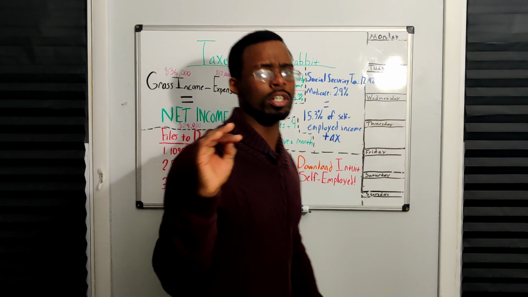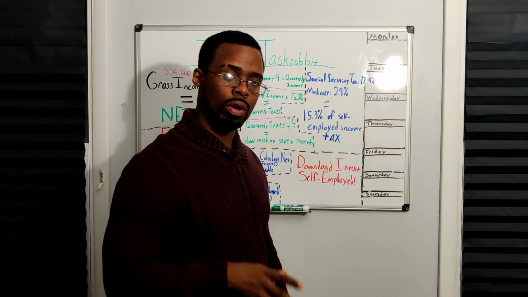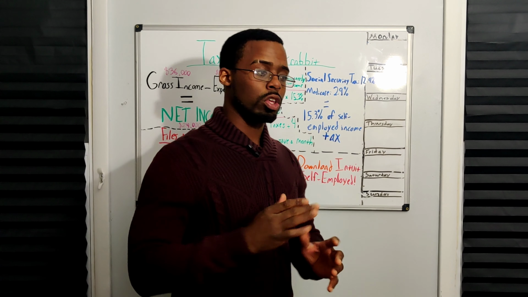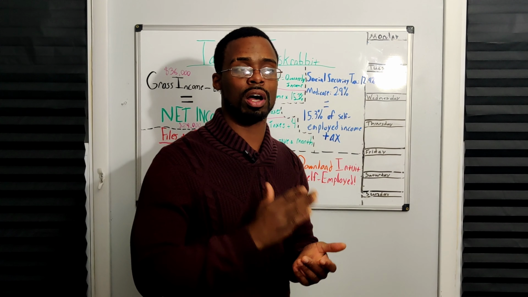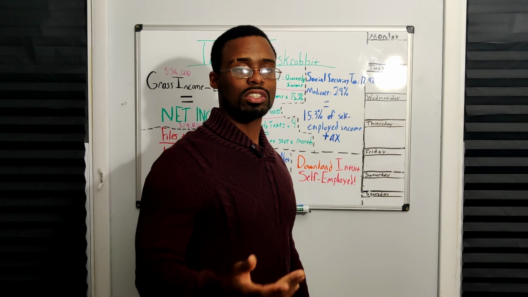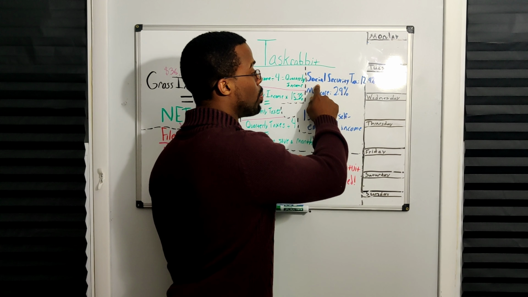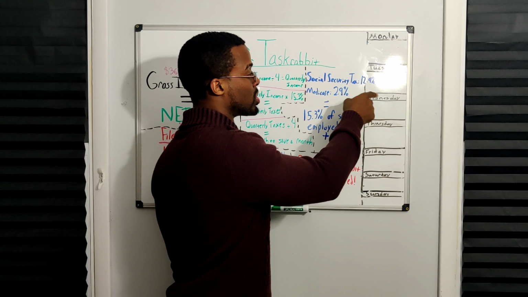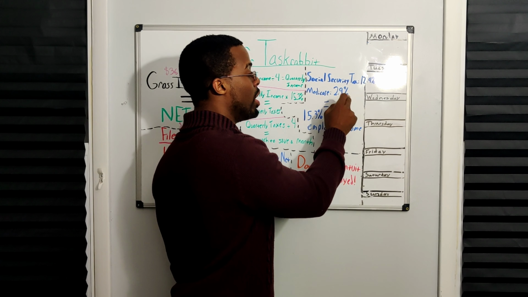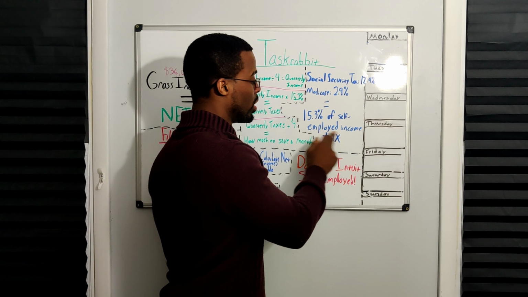But for those who are just self-employed with Taskrabbit period, the very first thing I want to tell you is, as a private contractor, you have to pay a percentage of 15.3% in taxes. That's just how it is. And the reason why you have to pay that much is you have to pay 12.4% for Social Security tax, and for Medicare tax, you have to pay 2.9%, which equals up to 15.3%